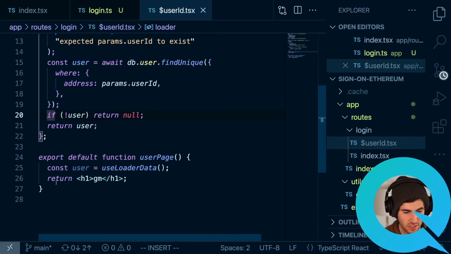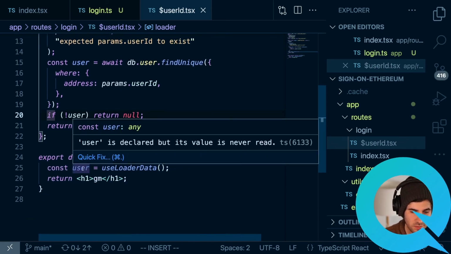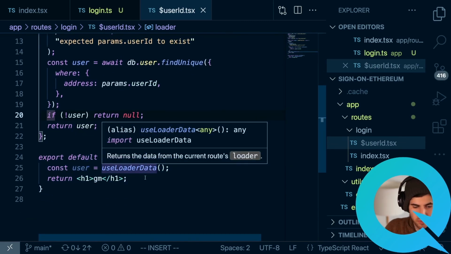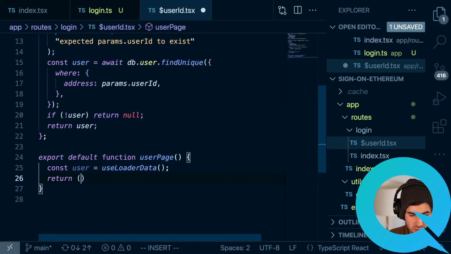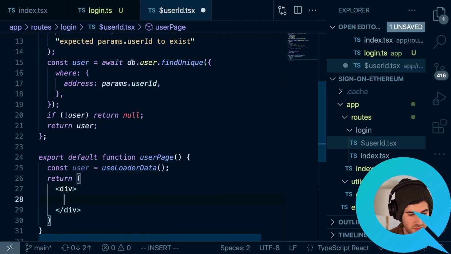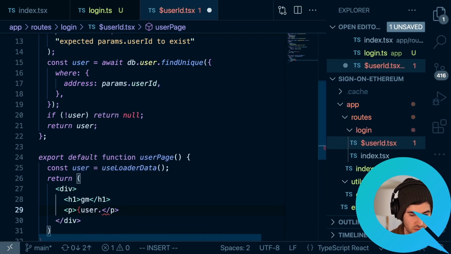Now over here in this user object, we should be able to see that we've got a user. So instead of returning GM, we can return a div, and in here we can keep the GM for the vibes, and also have a p tag that takes the user.address.